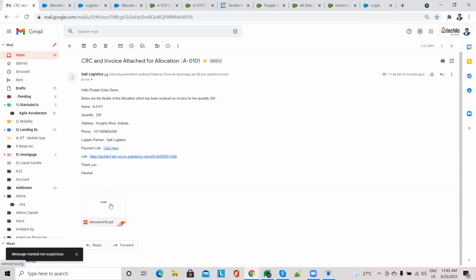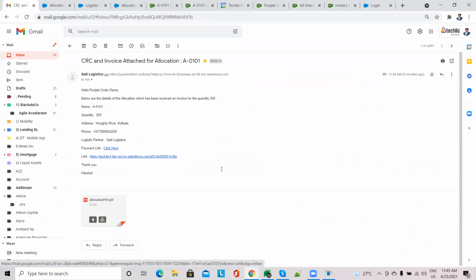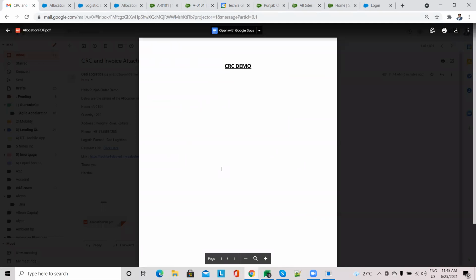Another thing we can always do is, as soon as the CRC has been received, we can use DocuSign in place, where they can sign the document, and eventually a signed CRC will always be present. And then once the signed CRC is present, the jute mill officer marks the status as invoiced. At that time, an email goes to the commissioner officer notifying that the CRC has been signed. This is the payment link which they have to pay.